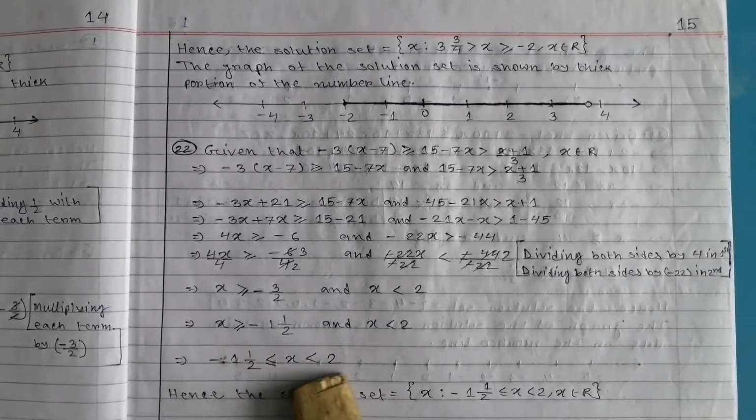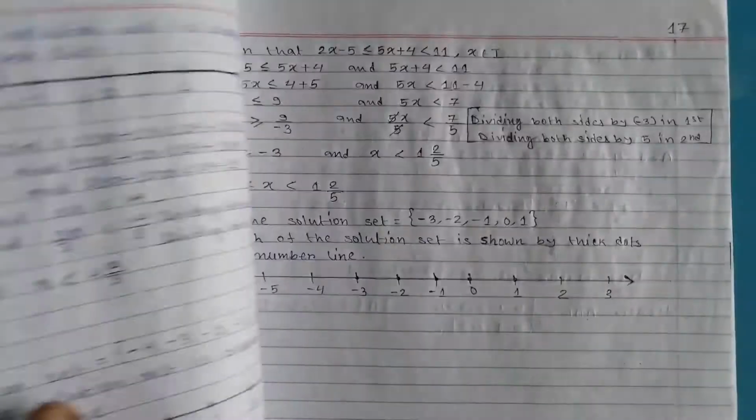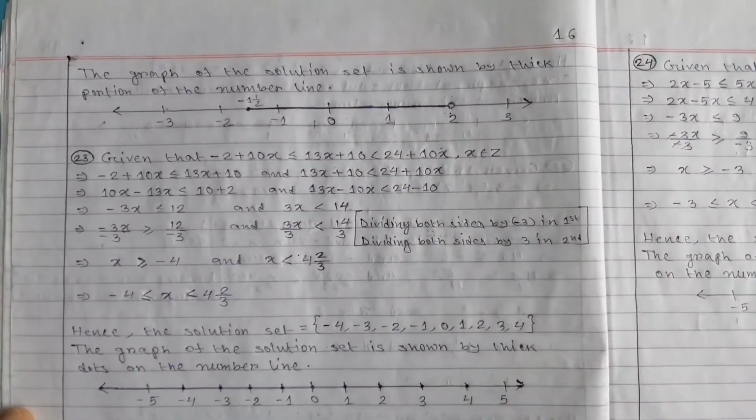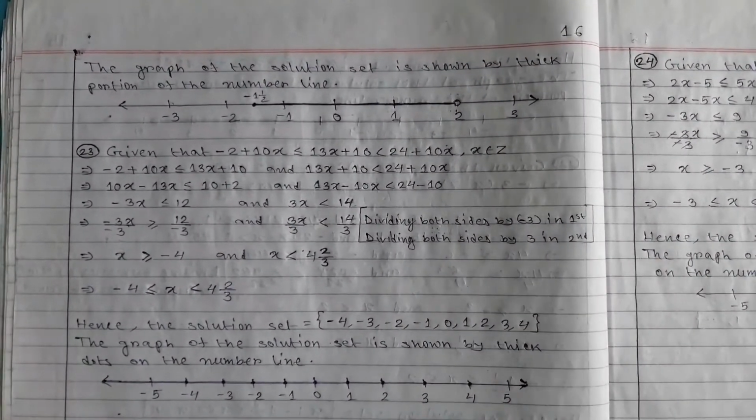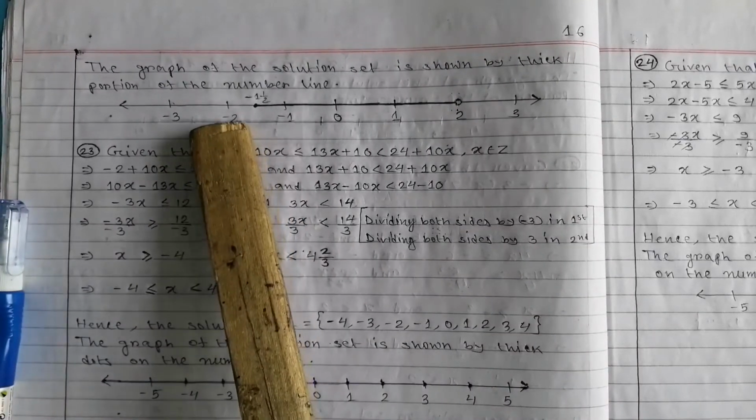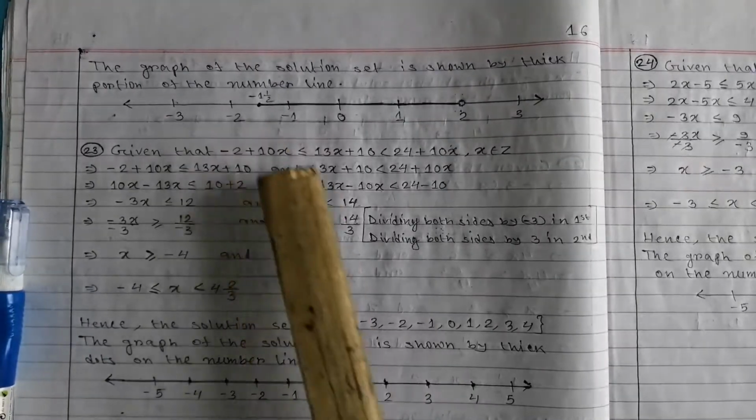So after combining, we have got this solution. The solution set you can write in this way. Now you have to represent it on the number line. So next, the representation on the number line. Okay, see the representation. Minus 1 upon 2, there was x is, here the solution, you can see that here the